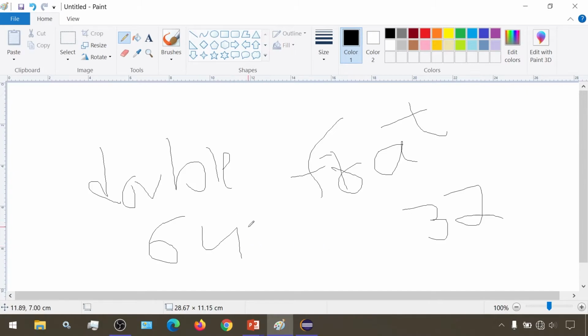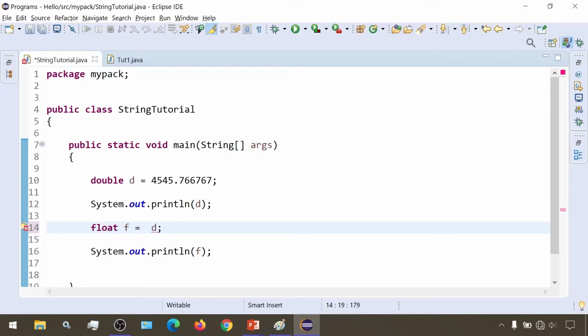So from 64 we are converting to 32, so a narrowing conversion is happening. We need to specify this explicitly because there is a chance of data loss.